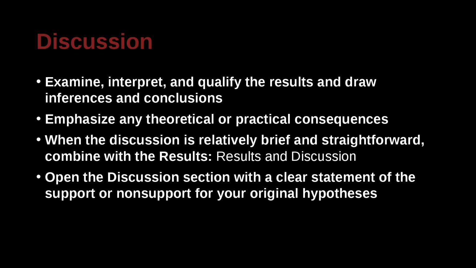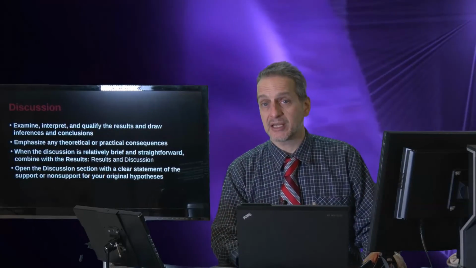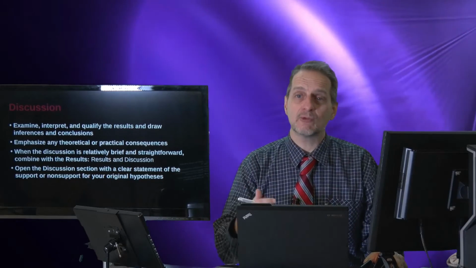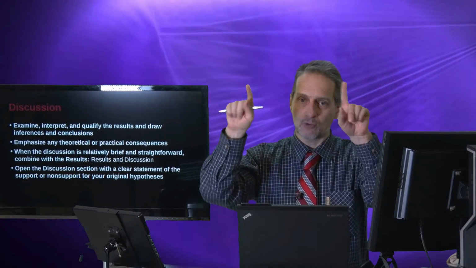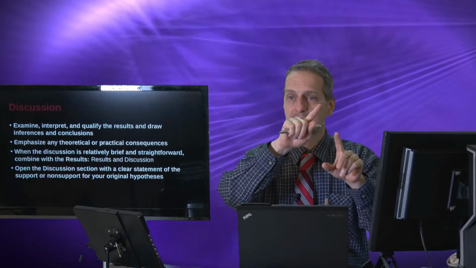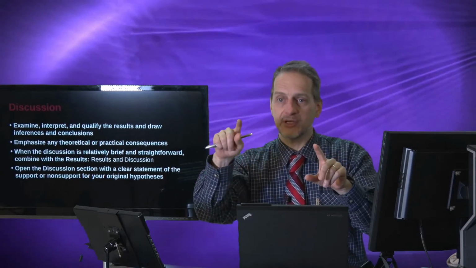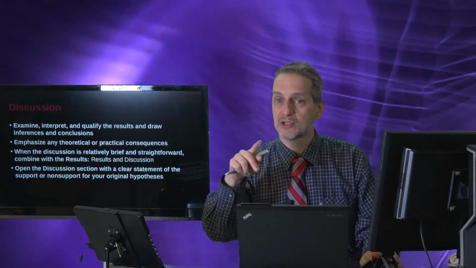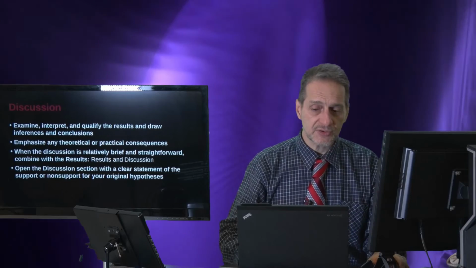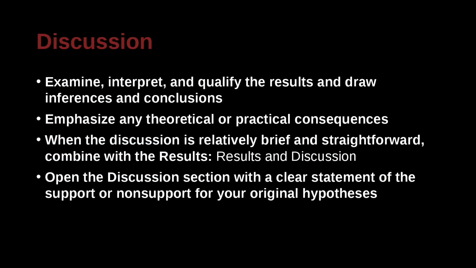Open the discussion section with a clear statement of the support or non-support of the original hypothesis. So usually when you begin the discussion section, you will say, hypothesis 1 is rejected, or hypothesis 1 is accepted. So you make it very clear right from the beginning what happened. You may even repeat the hypothesis. So for example, hypothesis 1, and then in quotes or parentheses, you say hypothesis 1, A will be bigger than B under the situation of. And then you explain that this was found to be true, or this was rejected. So that's a good way to begin your discussion, making the reader remember exactly what the hypothesis was.